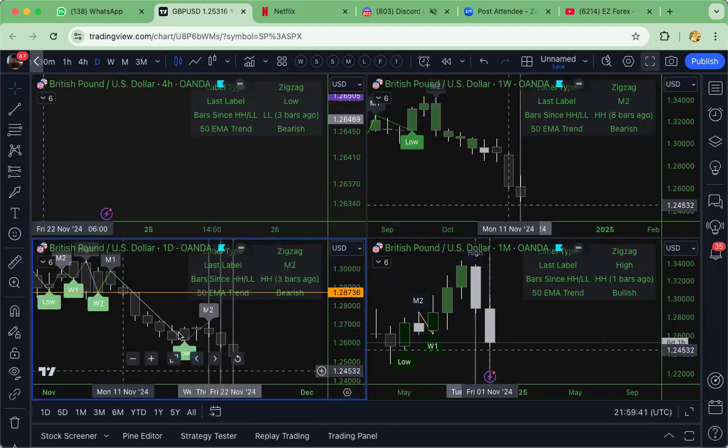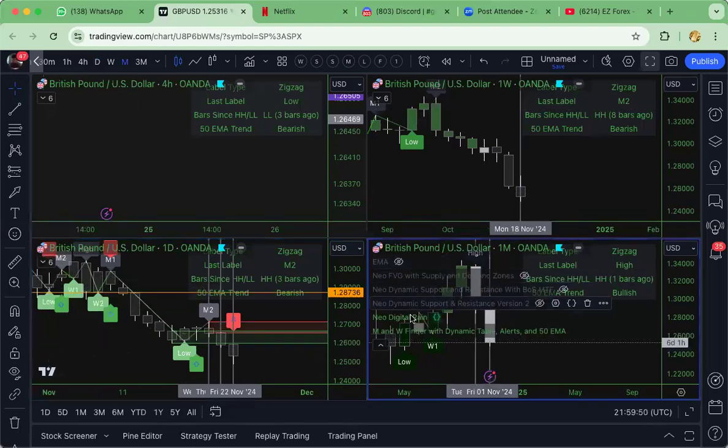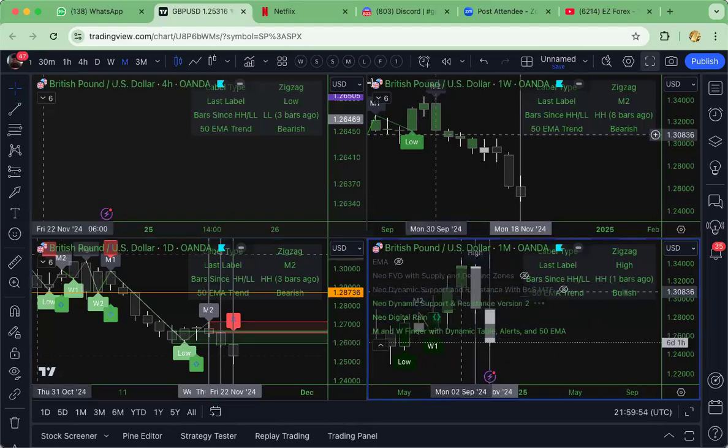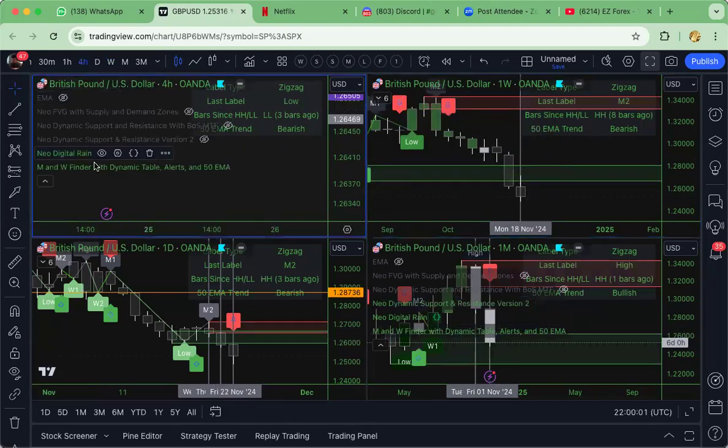All right. So the other thing that I would say here, just for Zoom call people, this is beautiful. The neo-dynamic support and resistance. Okay, boom. So you can switch on the neo-dynamic support and resistance, and I put this on all time frames